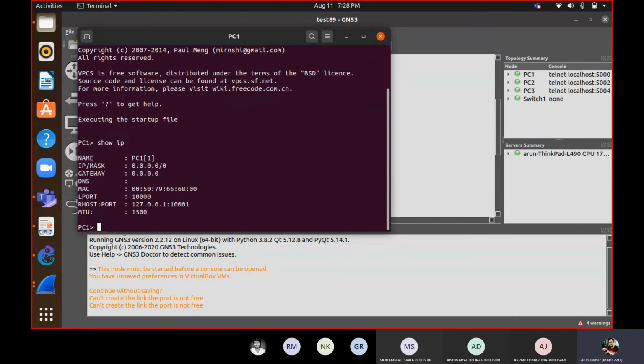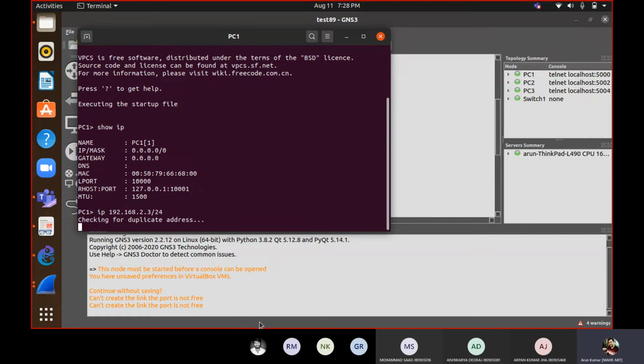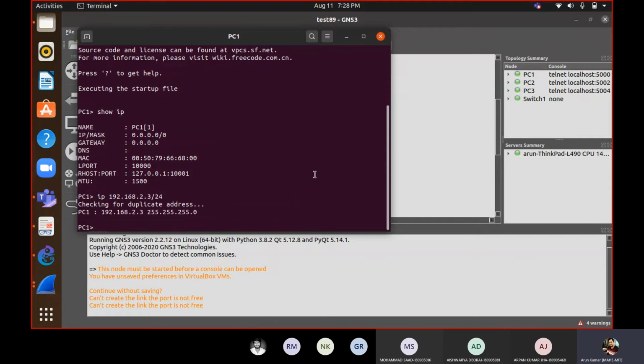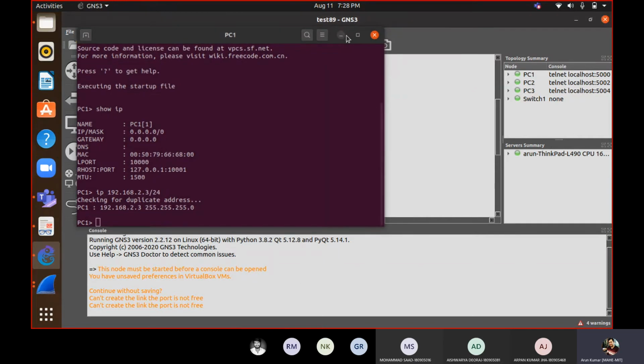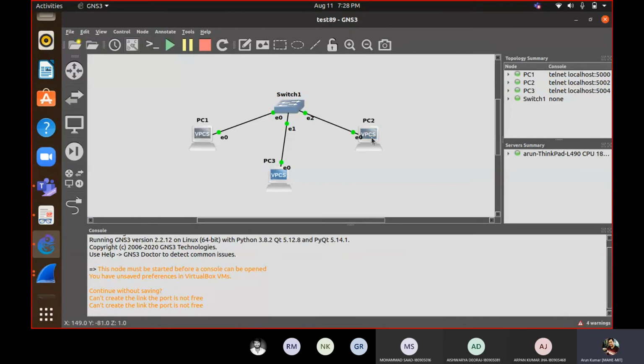Show IP. No, we have to configure it once again. IP 192.168.2.3/24. This is PC1. Then we will change it for PC2.